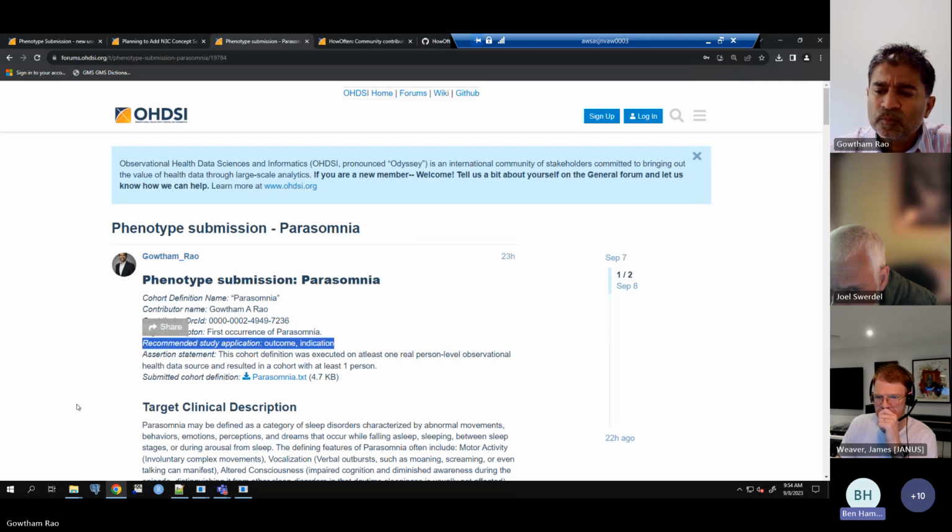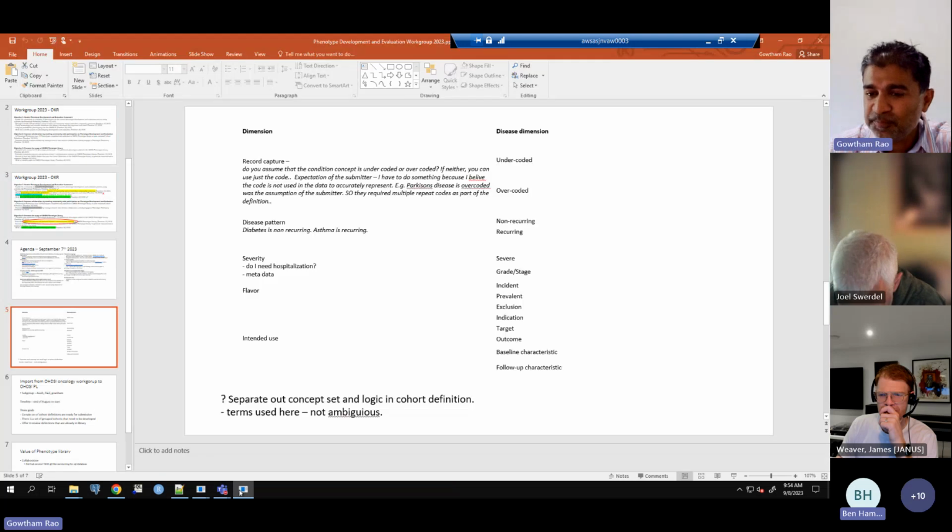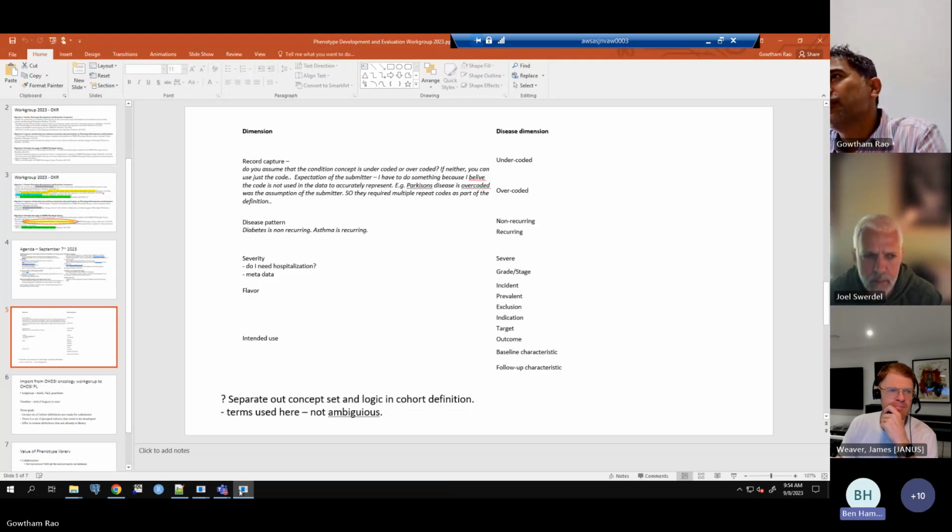I'm not sure those intentional definitions for purpose are standardized, and they're also not really there in many instances. I think that would be a really helpful first level: what purpose was this developed for? Was it for quality measurement? Was it for surveillance? Even at that level, it would be really helpful to start narrowing it down and create a stack for the definition and the appropriate context of use for this phenotype. Also, was it peer reviewed? Just a check mark would be really helpful to understand, before the next level down.